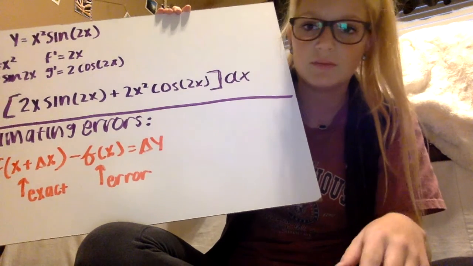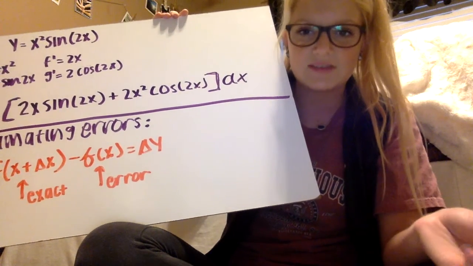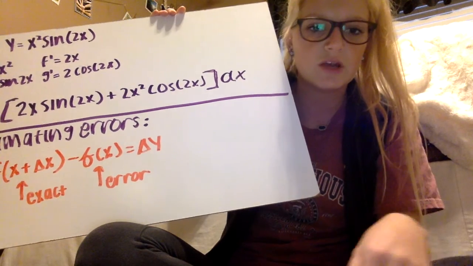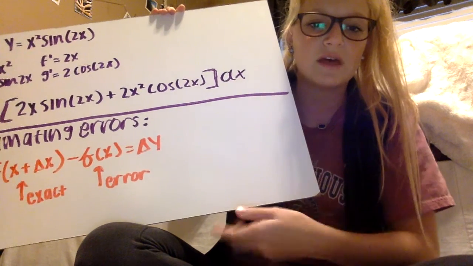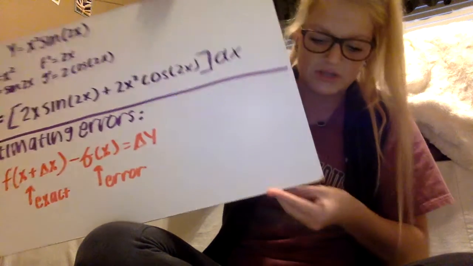So anytime you have problems like that, estimating error problems, approximating error problems, you're going to need to be able to use this, and you're going to need to put into practice your differential equation. So it's really not that hard, nothing to stress over, just taking the derivative of a function